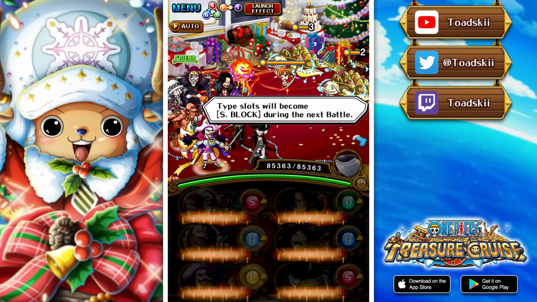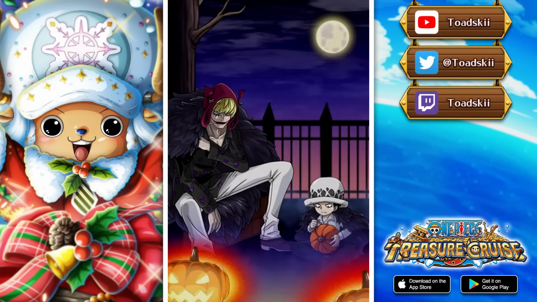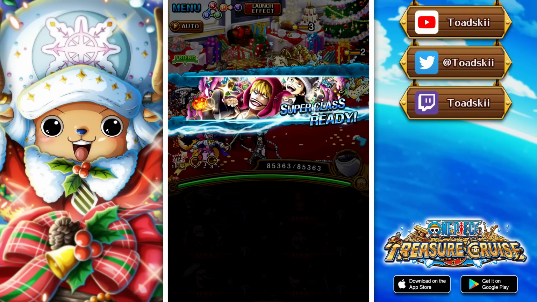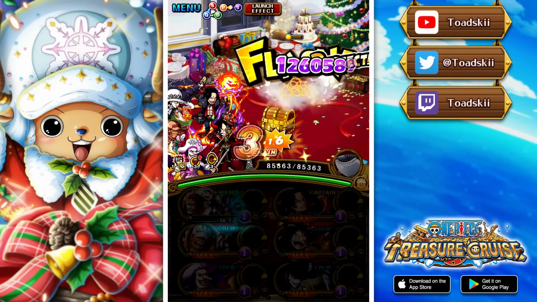I thought for sure I was going to lose due to the gimmicks that happened on Battle 2, but one thing that we did know is that the mini bosses on Battle 2 have significantly more HP than normal KIZUNA bosses. So when we get to that stage, you'll see here with Garp, he does change all your type slots